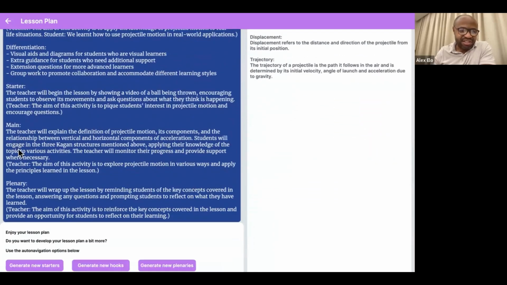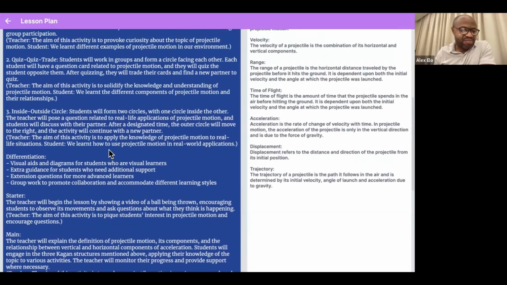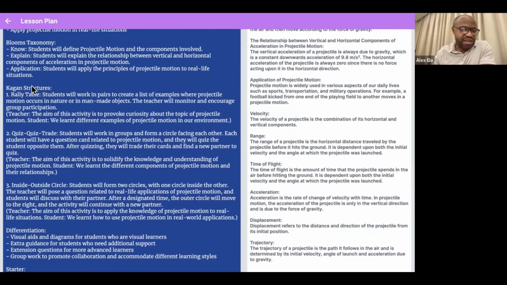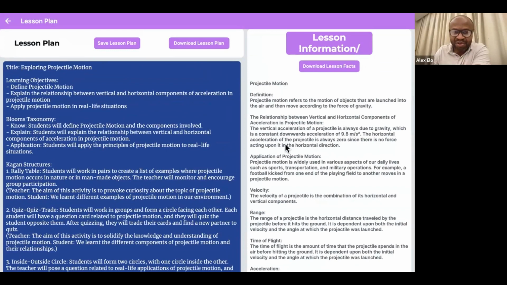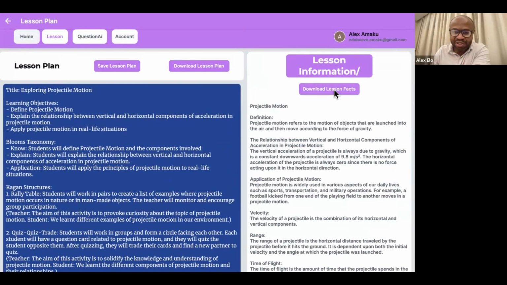And all this kind of links down here. The teacher will explain the definition, its components, and then using all those activities to do this, and then the plenary. So right through this lesson, it gives you all the things you need. Now, you would say, how are students going to come up with some of the information if they've never known it? That's why you've got the lesson facts over here. And all you have to do is, at the beginning of your lesson, you click on this, download lesson facts,